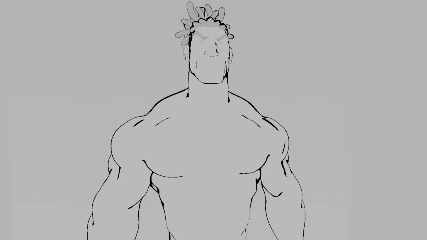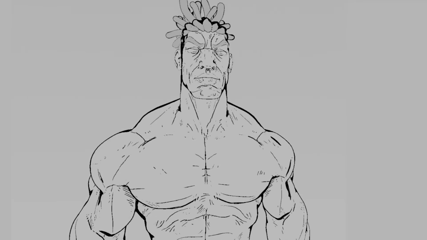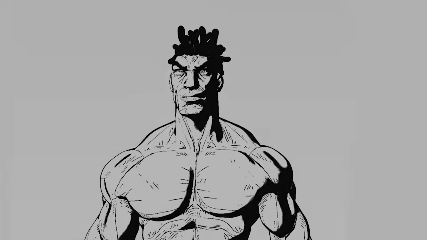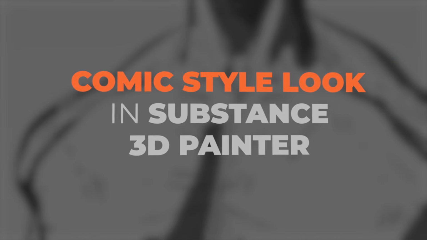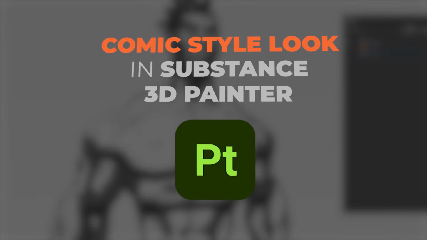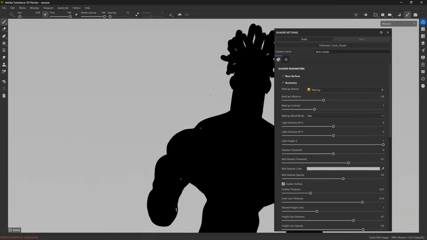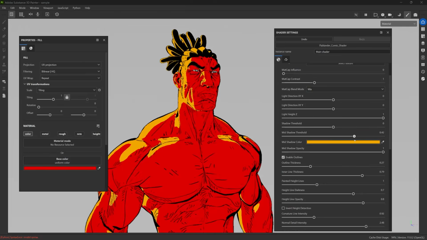I love experimenting with stylized renders and I'm kind of obsessed with the cool comic styles, thick outlines, simple shading, and that sort of 2D feel that you can achieve, for example, within ZBrush with the comic MatCap. But what if you could get the exact same look inside Substance 3D Painter? In this video, I'll show you a custom shader that I built with a few simple parameters that you can use to instantly turn your model into a comic illustration, and the best part, you can tweak everything live inside